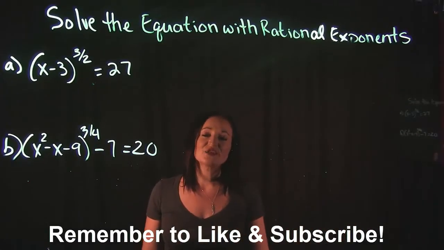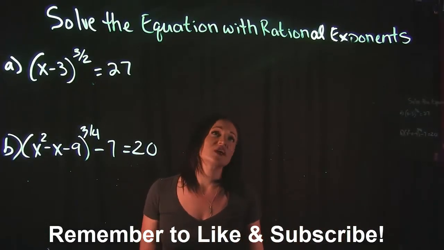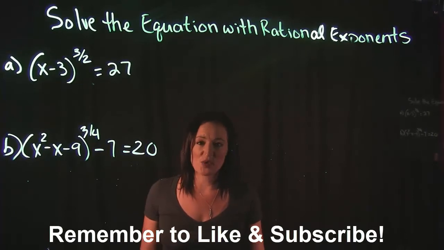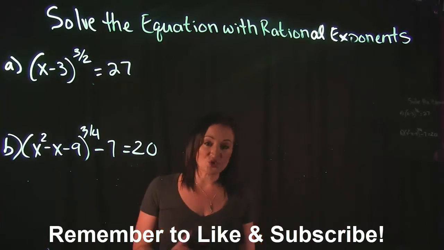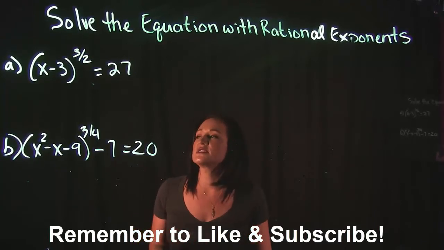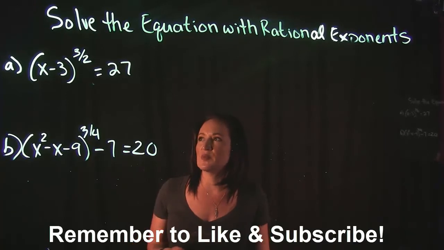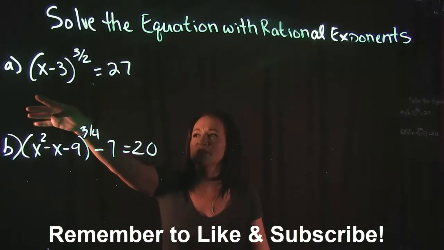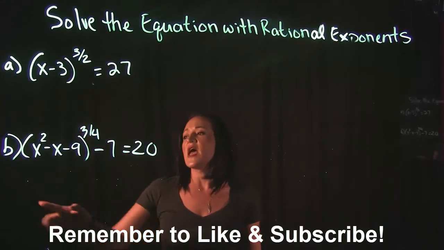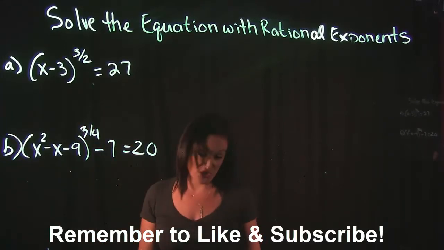Alright guys, so this video is going to focus on how do we solve equations with rational exponents. So essentially, if your equations have exponents that are fractions in them, how are you going to solve those? If we can see here, example A and example B both have fractional exponents. So we have x minus 3 raised to the 3 halves, and then we have this trinomial raised to the